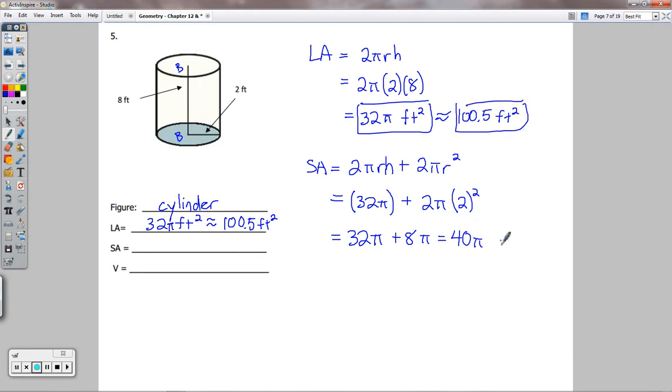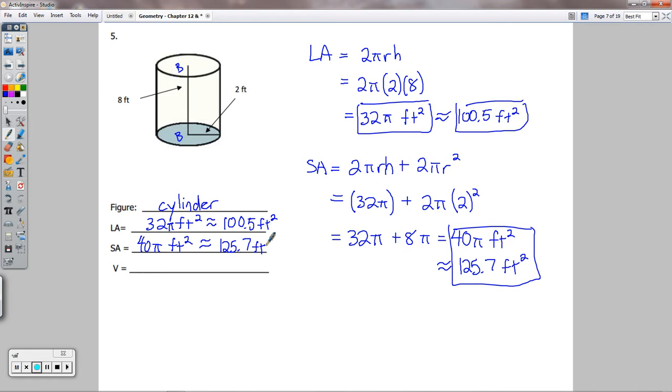And 40 pi feet squared would be approximately, let's do 40 times pi. Use the pi button on your calculator. Don't round off to 3.14. Use the whole pi button value, what you get in your calculator. About 125.7 if we round that off. So 125.7 feet squared rounded off. And then that we'll put here, so 40 pi feet squared, or approximately